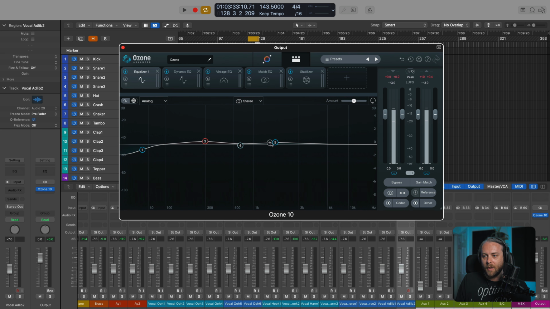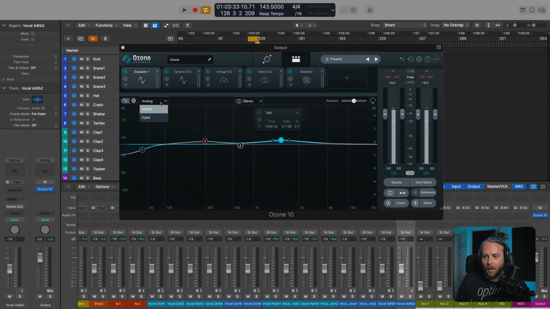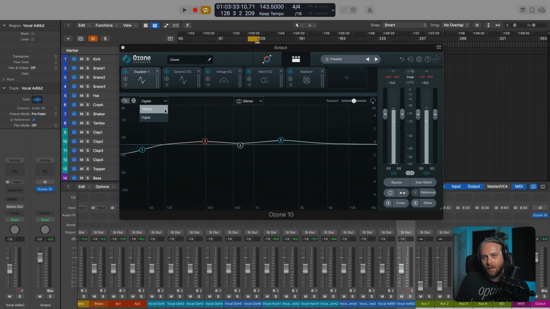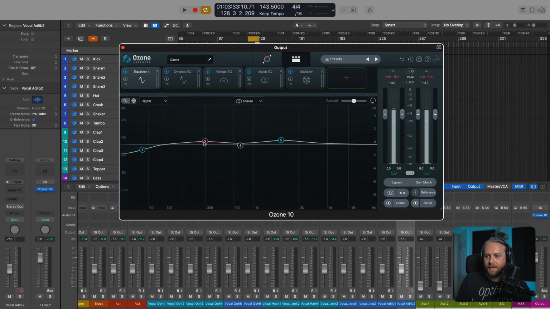Now there's two different modes here. There's an analog and a digital. And this has implications for the sound, obviously, but also this has implications in terms of phase. So I bet you didn't know this. If we go to digital, and let's say I make a big boost like that, I can actually go over here to this partition and change the phase. Now we're not going to see very much in terms of the UI here change, but watch this.